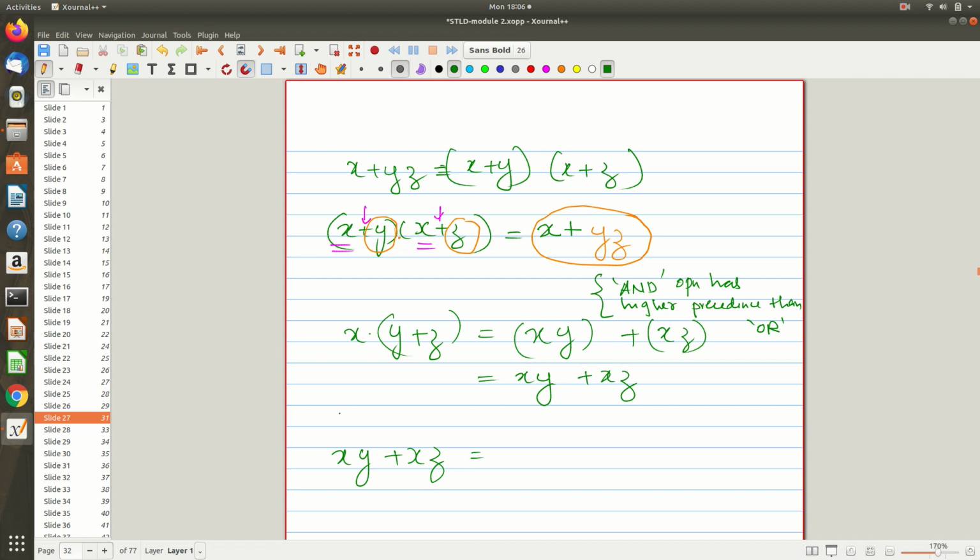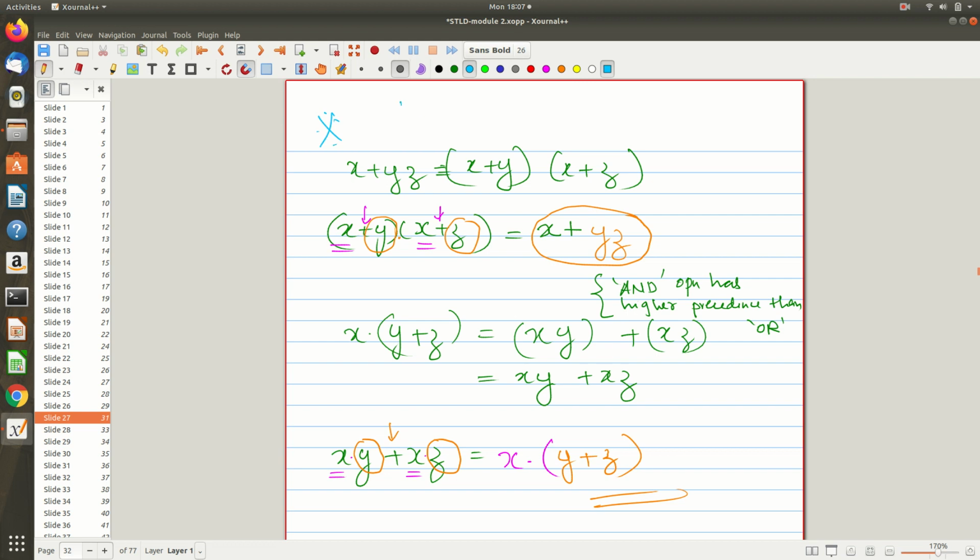Now the question is, if I am having something like xy plus xz, how can I simplify it? Again keep this in mind. See, the common part, x, should be coming as common, take it out. Now immediately after x, what is the operator coming? Dot. Put that dot here, bracket. Now what remains is our y remains and z remains, and the middle operator also, that is plus, that is y plus z. Here the middle operator was dot, that is why I wrote y dot z. So hope you know the translation. See, it is very very important.